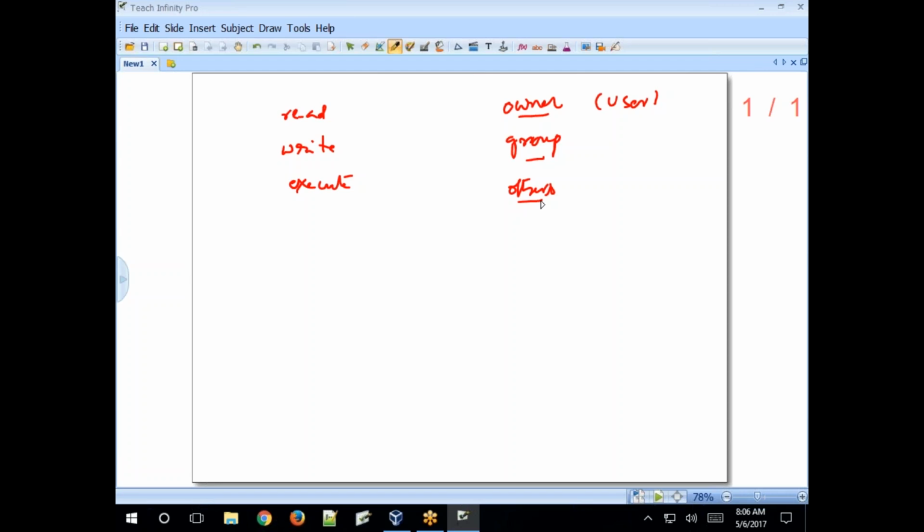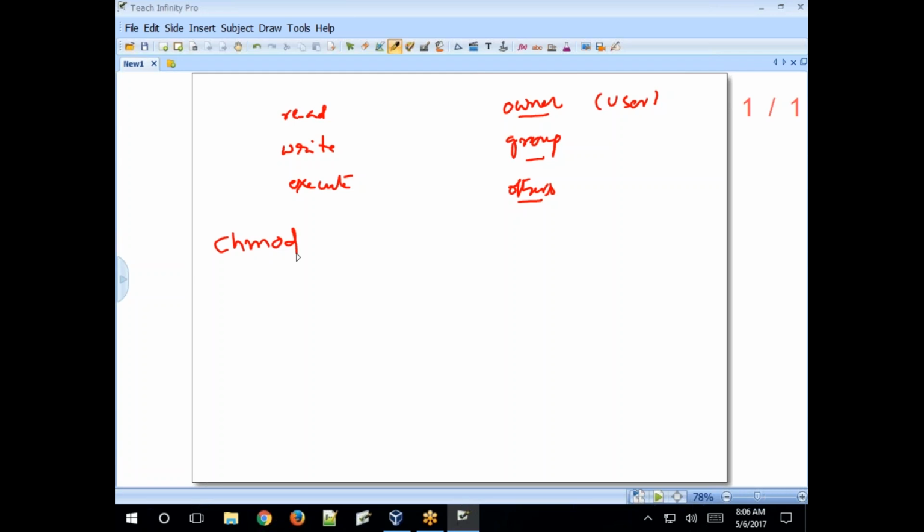So how to set read, write, execute access permission for owner, group, and others? In Linux we have the chmod command, the change mode command. Using chmod we can set read, write, execute access permission based on our requirement.